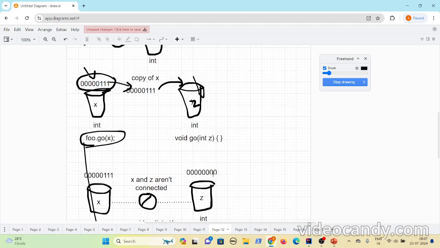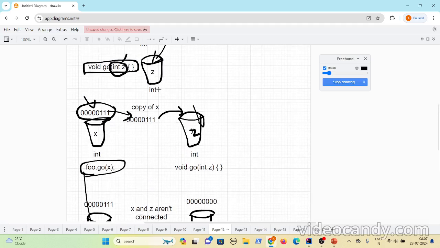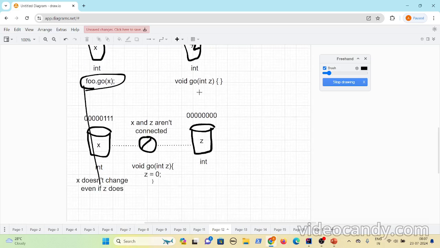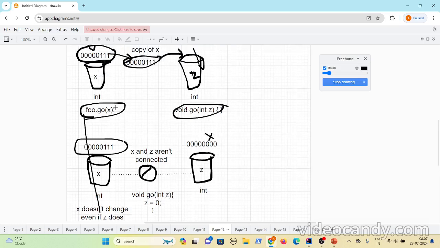Let's say you have passed this 7 value to z. So now both will have 7, or both will have these bits. But inside this go method, you have set z equal to 0. When z equals 0, only these bits are impacted, these bits are not impacted. As soon as you invoke a method, the bits that are present are just copied.